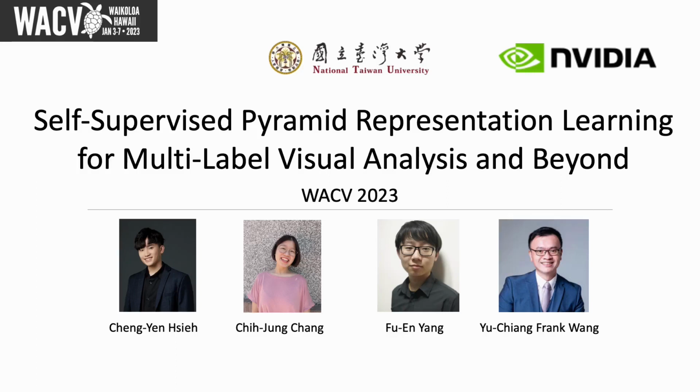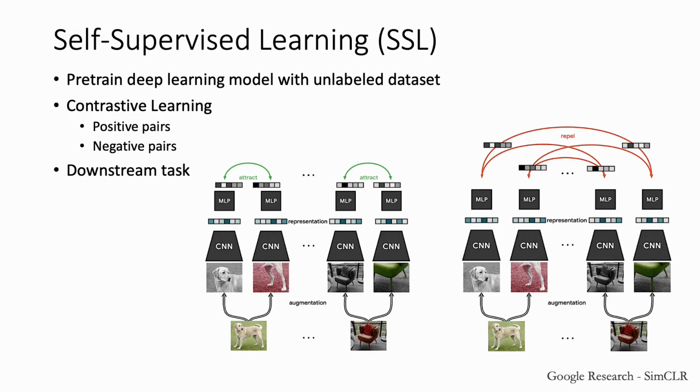I'm glad to introduce our paper, Self-Supervised Pyramid Representation Learning for Multi-Level Visual Analysis and Beyond. Firstly, self-supervised learning is a task to pre-train deep learning models with unlabeled dataset. Most previous self-supervised learning work uses contrastive loss, where we enforce the consistency between positive pairs of features and push the negative pairs apart. Self-supervised learning algorithms are evaluated by transferring the pre-trained models to downstream tasks, such as classification